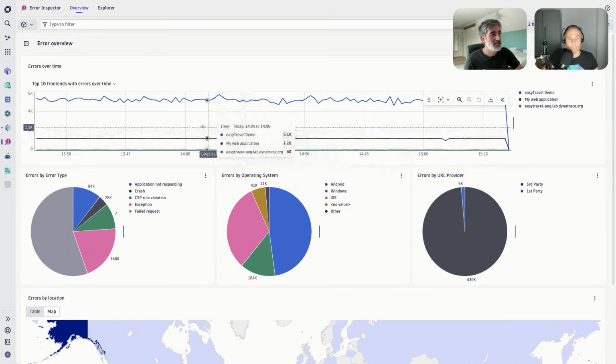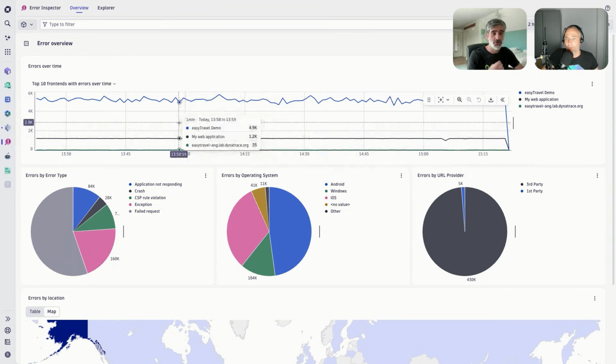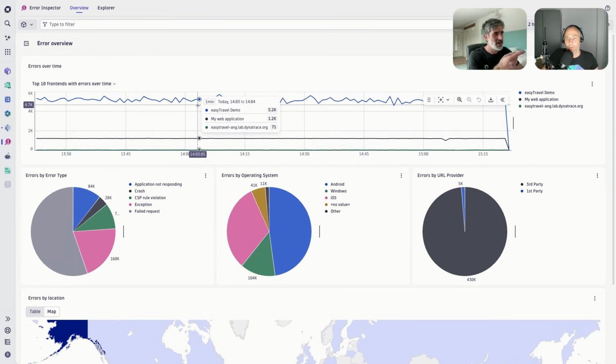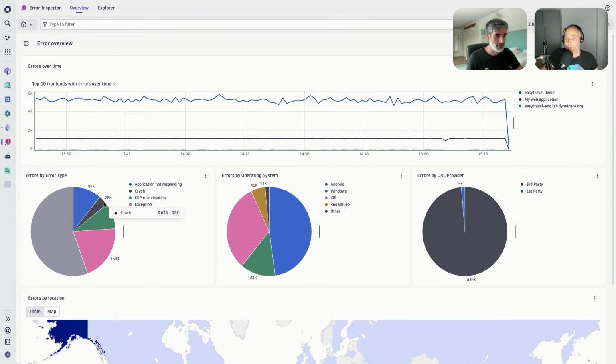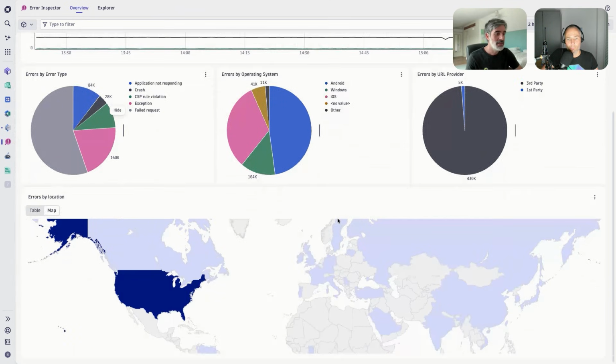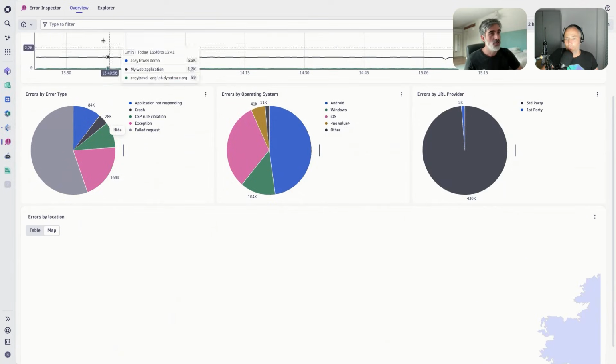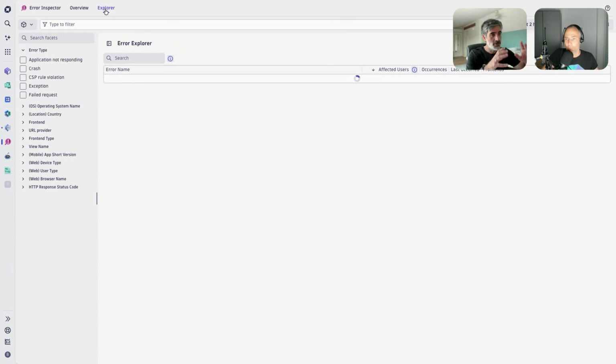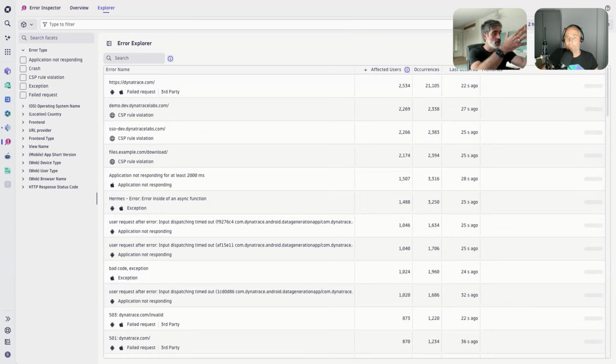And we can see that here I'm seeing my frontends, and I see one that is having quite a number of errors that is unusual. I can see here the distribution per type, so I see there are a lot of failed requests, operating system, and I can even see where most of the errors are happening. And now if I go to explore deeper,